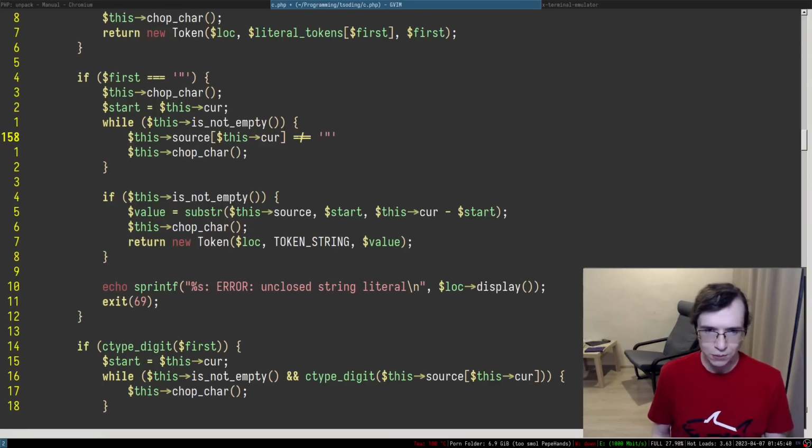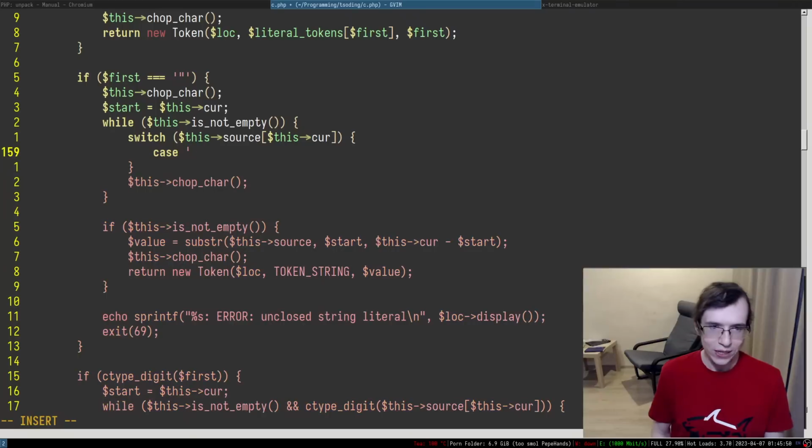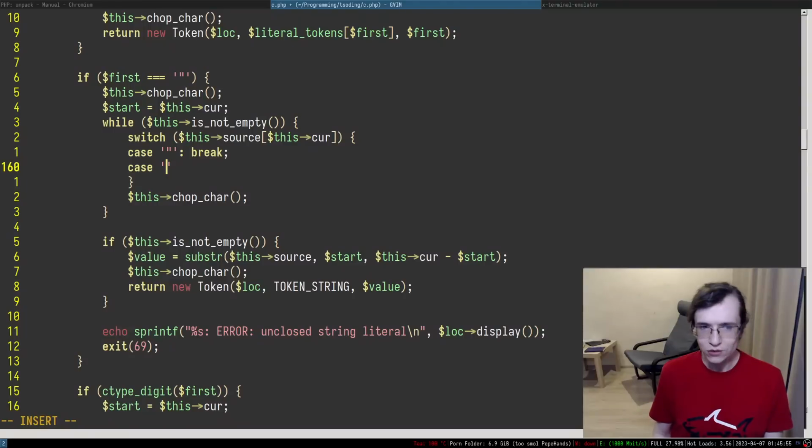Essentially the idea is going to be the following. We're going to switch case upon each and every individual character, like so. And if we encounter the double quote, we essentially break. But here's an interesting thing. What if we encounter backslash? This one is even more interesting.